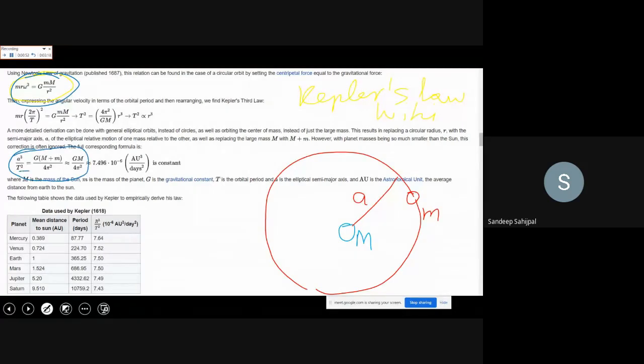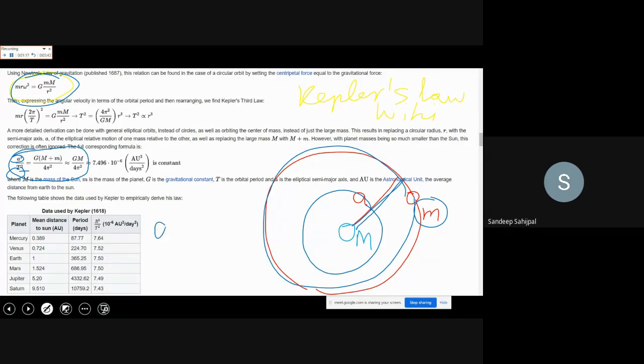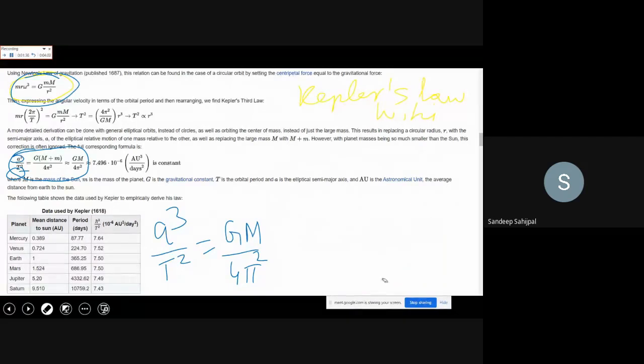ठीक है। इसमें T इज द टाइम पीरियड। टाइम पीरियड मतलब एक सर्कल करने को, ये जो स्मॉल m है, ये कैपिटल M के एक सर्कल करने में कितना टाइम लगता है। सो दैट इज टाइम पीरियड। a है डिस्टेंस बिटवीन द टू ऑब्जेक्ट्स, इसको हम सेमी मेजर एक्सिस कह सकते हैं। कर करा के बात ये बनती है कि a raised to the power 3 upon T raised to the power 2 is equal to approximately GM upon 4 pi square। ठीक है। ये जो रिलेशन है, इस रिलेशन को हम कहते हैं केप्लर्स थर्ड लॉ। सो दिस इज केप्लर्स थर्ड लॉ।